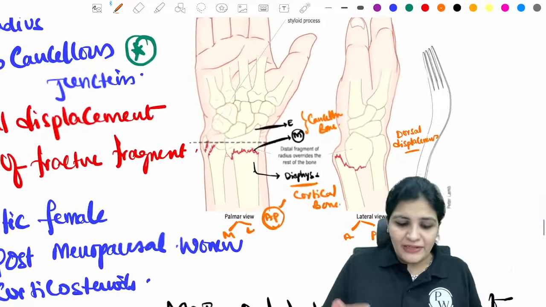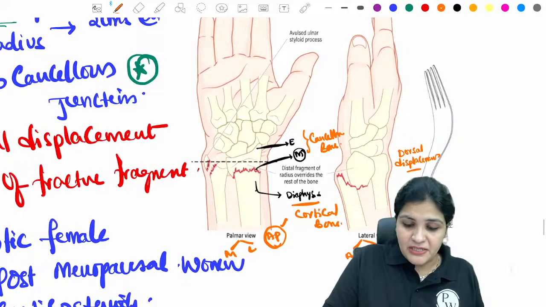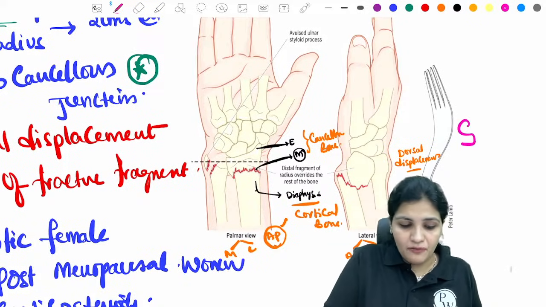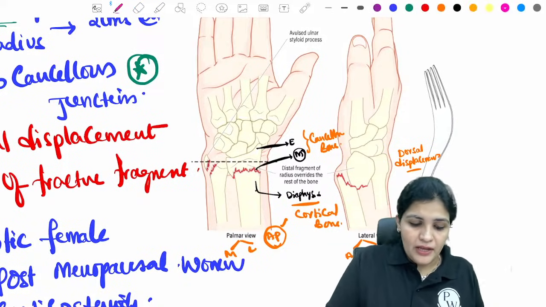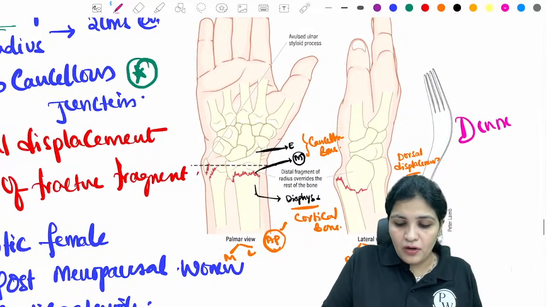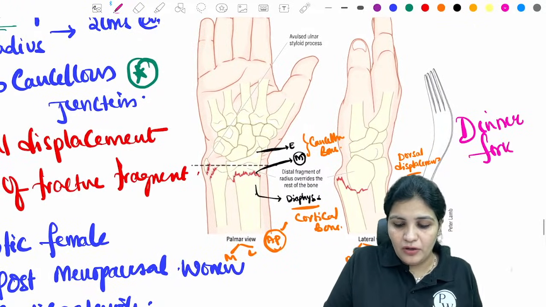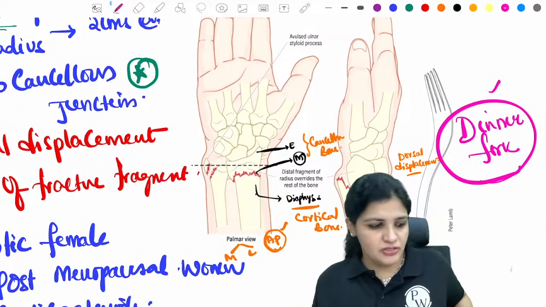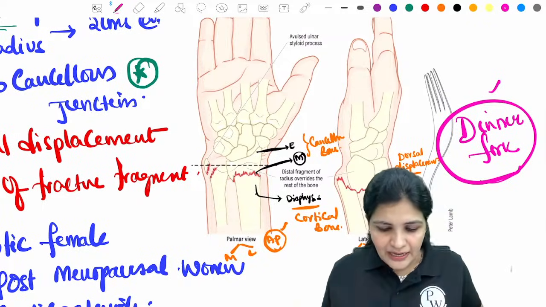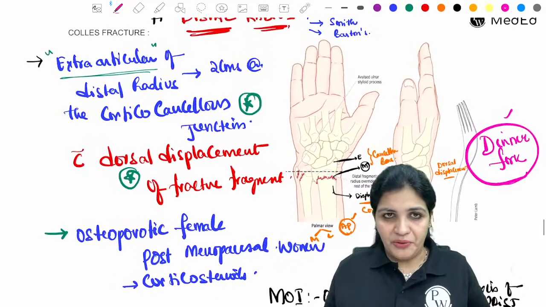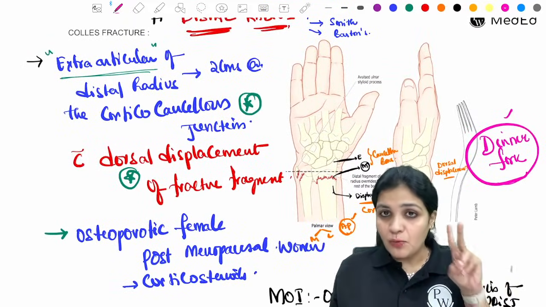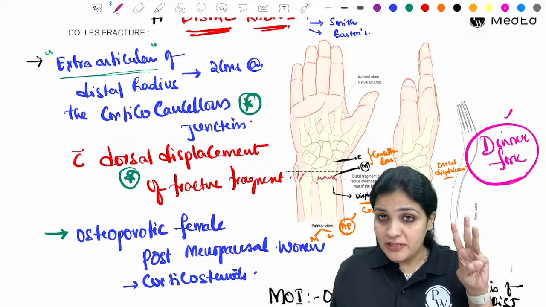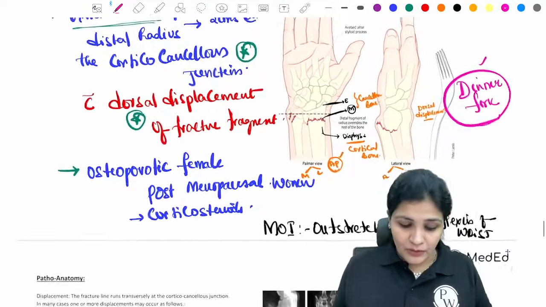Now whenever such a Colles fracture is present, the patient will present with what deformity? This is called the dinner fork deformity. That hunch of the dinner fork is called the dinner fork deformity, right? So this is all the first paper. You're going to write the definition, the causes, where it is commonly seen, and what is the mechanism of the injury. And then you come with the